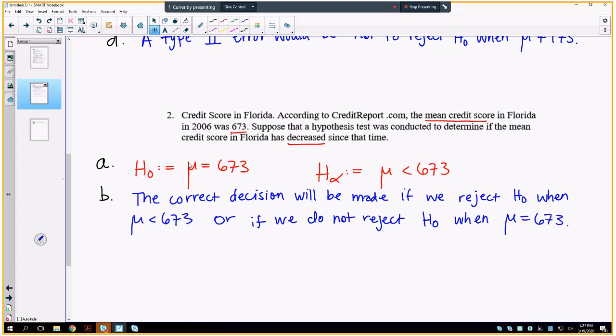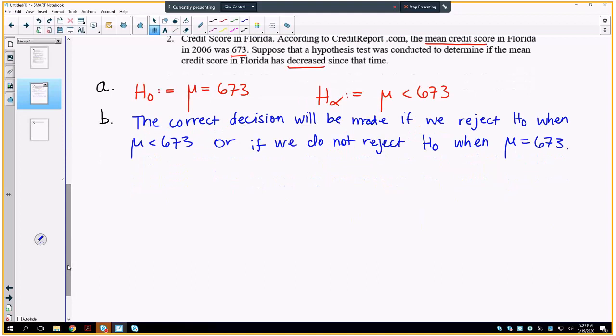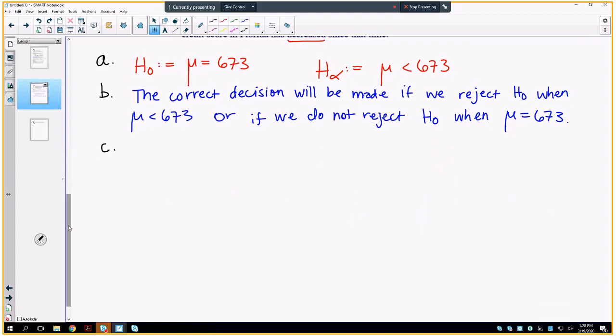So that makes sense, right? If the hypothesis is that the mean is 673, and the mean is in fact 673, then we should not reject that hypothesis. Similarly, if the mean is less than 673, then we should reject the hypothesis. Okay, so